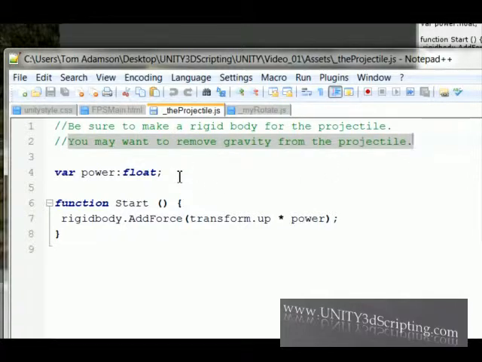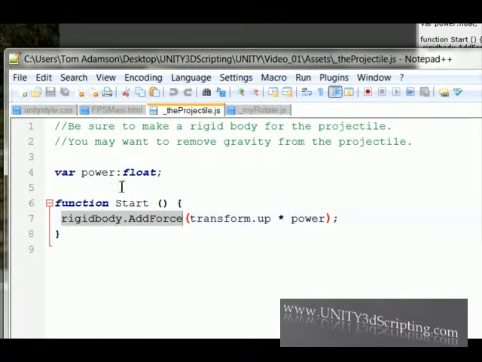So the first thing I want to do is declare a variable which I have called power, and it's of data type float. And that's going to be how much power the projectile has. And then in function Start, I'm going to put rigidbody.AddForce, because the projectile is going to be a rigid body, and I'm going to put this code into the projectile. I'm going to add a force, and what I wanted to do is transform.up times whatever